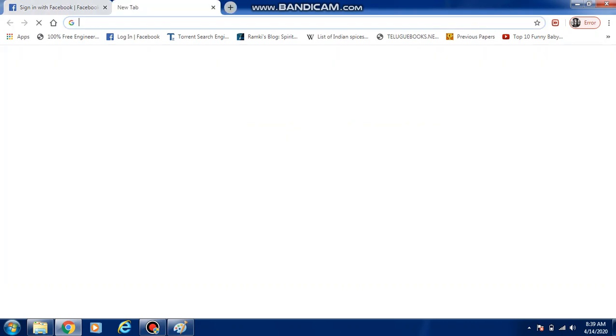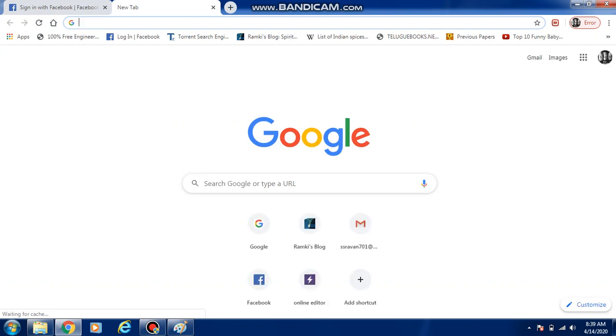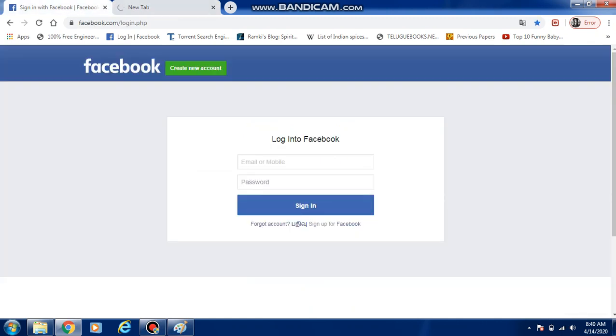In the same way, go to any other page, for example Gmail. On Facebook I am seeing this username and password. This is called the front end. So what is the front end? The user interface is called the front end.